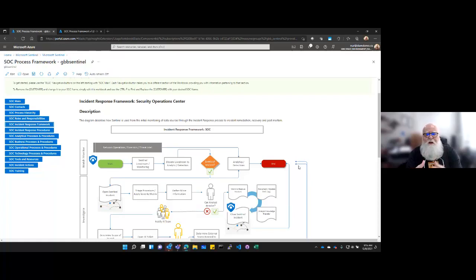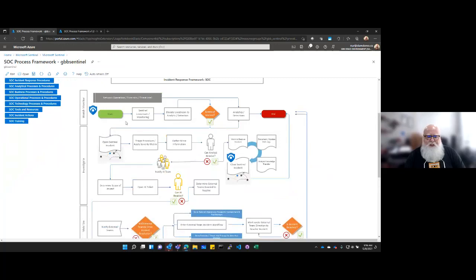Right? That you bring that in here and you replace what we have and make this your own. Again, this workbook is for you to continue to grow and to update. But if you need a place to start, if you are curious about how we recommend operationalizing things within our security stack, namely Sentinel and XDR, and our first party security tooling, this is how you do that. You do that through the incident response framework with this type of workflow,